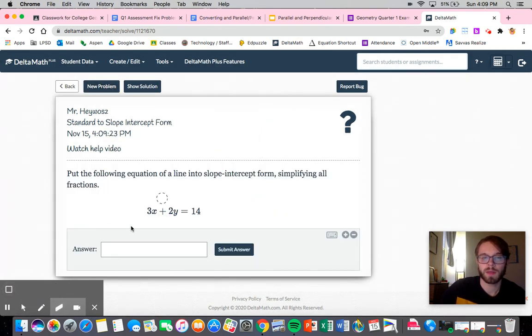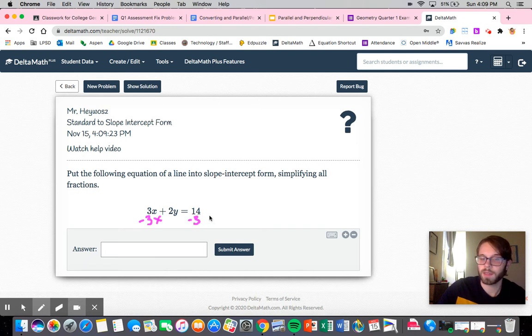Okay, so this one's a little bit tougher, right? We still have to get it in the form y equals something. So I am still going to subtract the 3x from both sides. That's going to be your first step pretty much every time. You just subtract whatever the x term is to the other side. Or if it is negative, you'll add it to the other side. 2y is equal to negative 3x